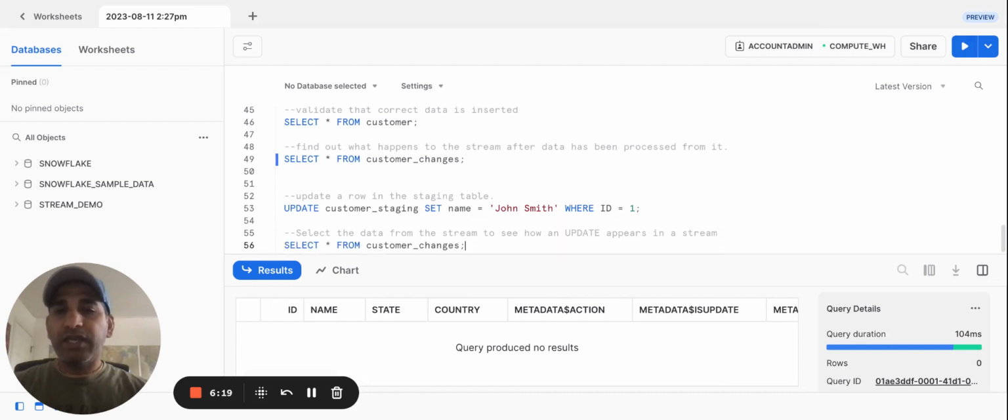So the catch here is, unless you consume the data out of the stream, the stream will remain the same. There is a concept called offset, and we are going to talk about it in subsequent sessions. For now, this is the fundamental thing: unless we consume data out of the stream, the data will remain. Once the data is consumed out of the stream, it will be deleted. So with the next step, let's go ahead and execute